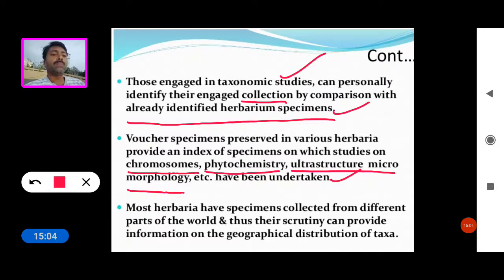Most herbaria have specimens collected from different parts of the world, so their scrutiny can provide information on the geographical distribution of taxa.